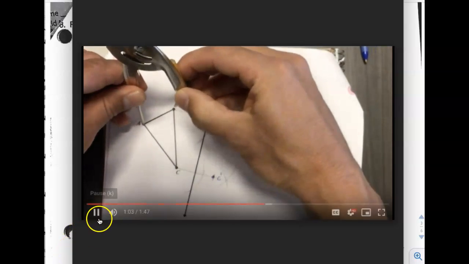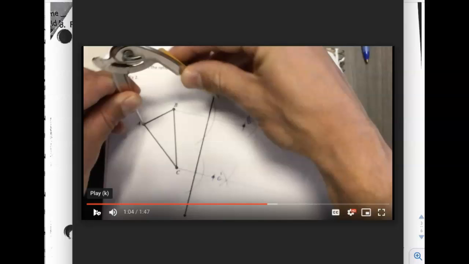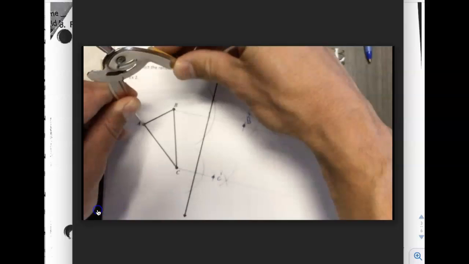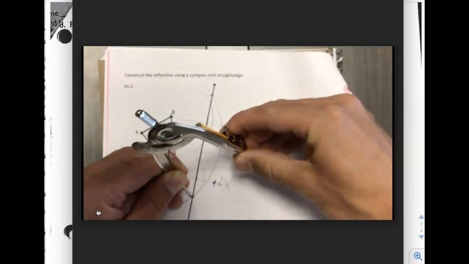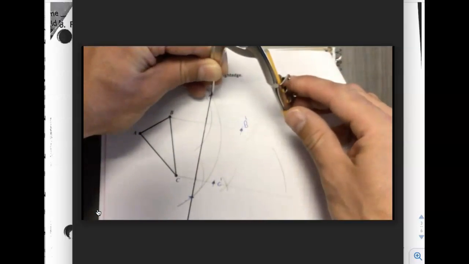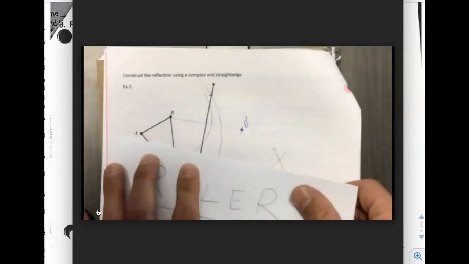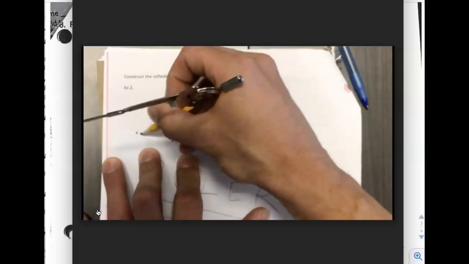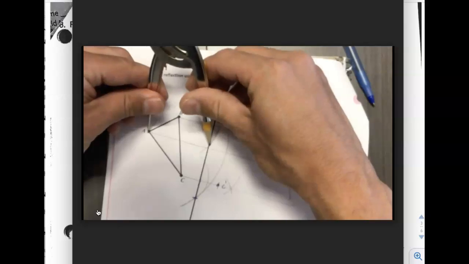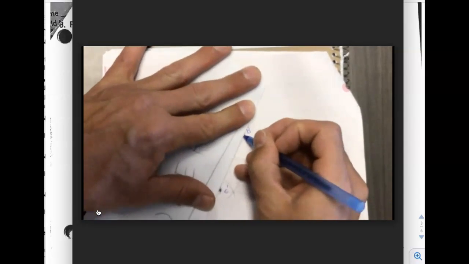Now, if these are too quick, just pause the video and go back. Go back and rewind this as much as you want. I do it one more time from A now. Make a big smiley face. That spot and that spot is where they hit. I go out in outer space here. From each end of the smiley face, I draw a line from A through that intersection point. A is that far from the mirror, so it's that far past it. There is A prime. I then connect it with my ruler or straight edge, and I have now reflected